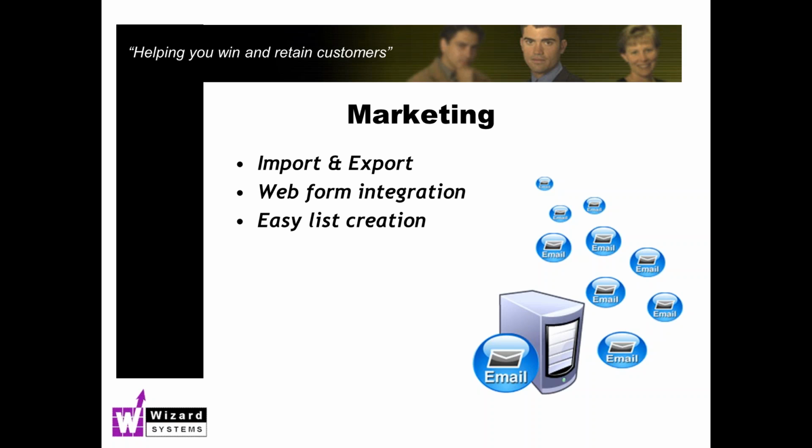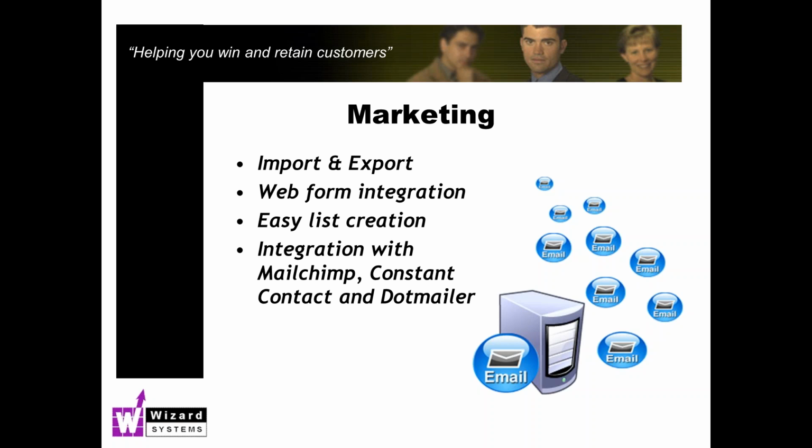Now, before embarking on an email campaign, there are so many ways in Workbooks of creating lists, about 6 different ways, to create a target list of people to mail to for a particular campaign. And we integrate with a number of very well-known email marketing systems: MailChimp, Constant Contact, and .mailer. We've also just introduced a new integration to a powerful UK email marketing system called Gatormail from Communicator. As I say, it's a UK system, and very, very close integration with Workbooks, to the point where every response